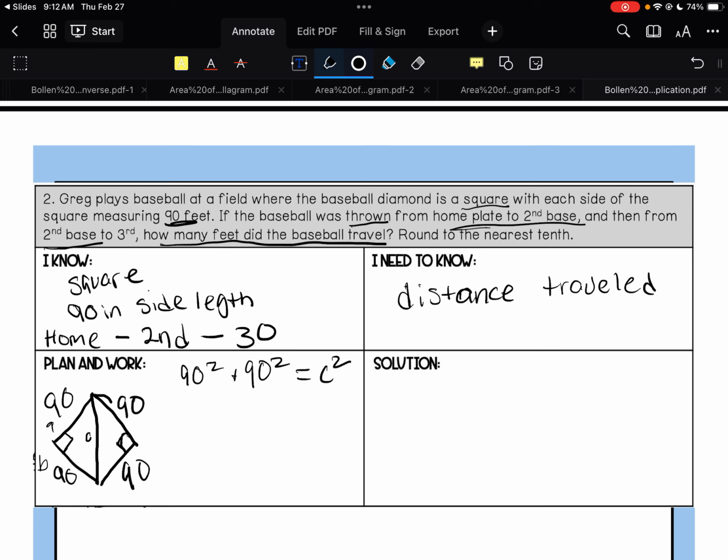And so we have 8,100 plus 8,100 equals C squared, because 90 squared is 8,100. Then you get 8,100 plus 8,100 is equal to 16,200, and that's C squared. So you're trying to find the square root of 16,200, which equals